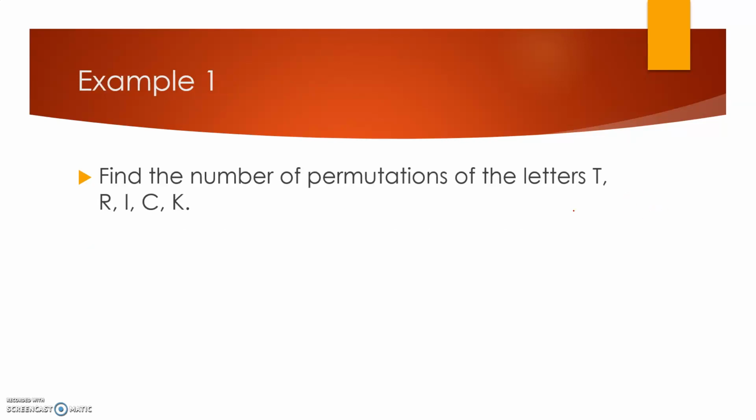So find the number of permutations of the letters T-R-I-C-K. So let's see if I do T-R-I-C-K, I'm going to follow my same rule, and I'm going to keep my T first and then change the letters after. So here are a few. This is me just keeping T and R in the same place and only changing the 3 after it. So if I keep going like this, okay, now I've got to do T-I, so I've got R-K-C,